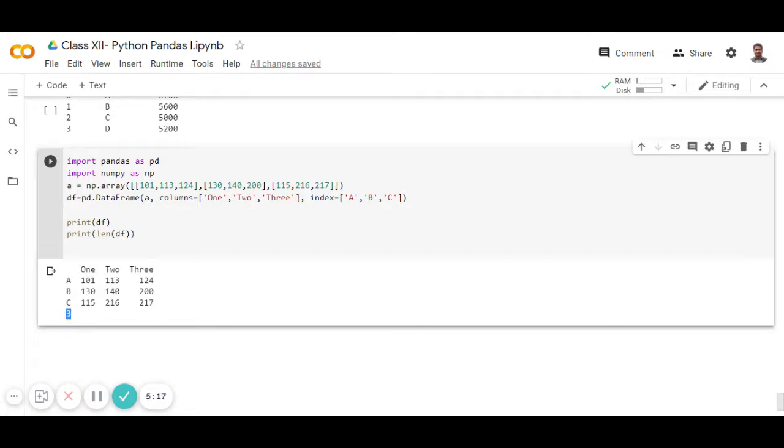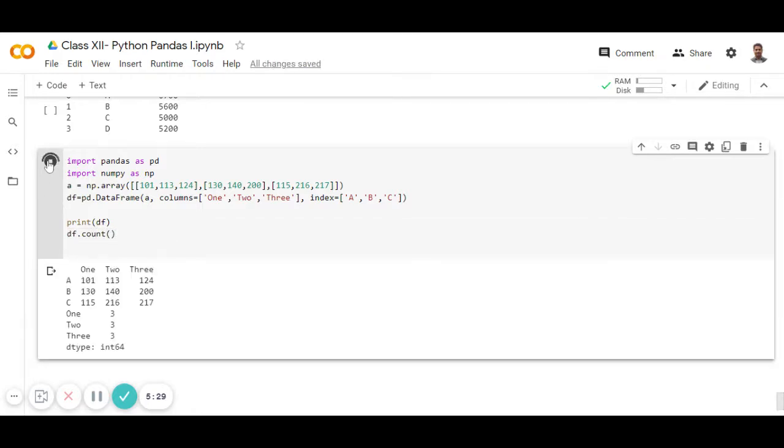Then count the data frame with df dot count. It will count 3 3 3: column 1 has three values, column 2 has three values, and column 3 has three values. So we can use these functions in our programming.